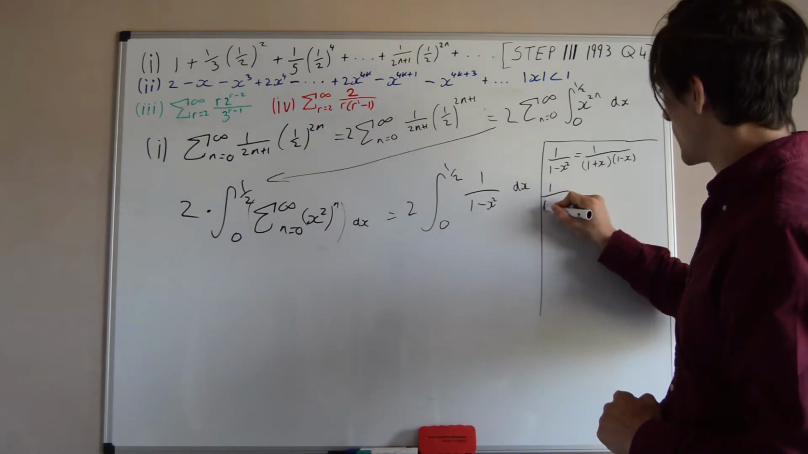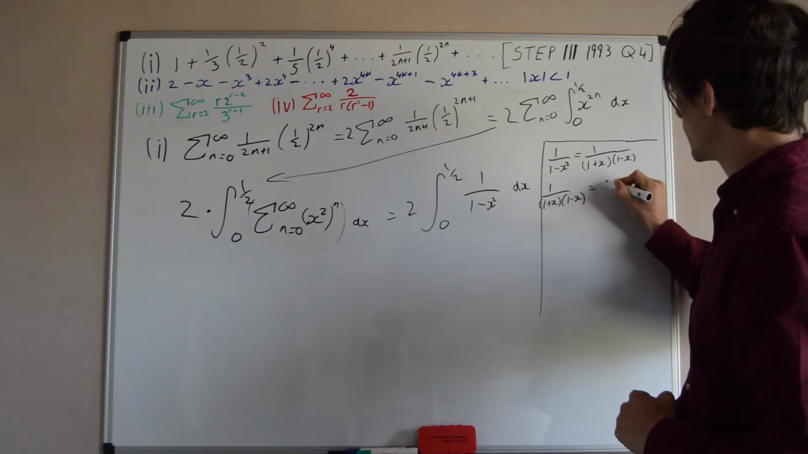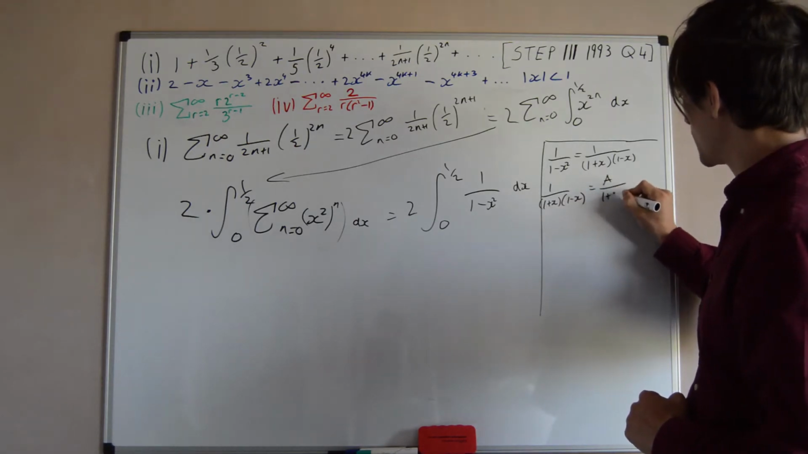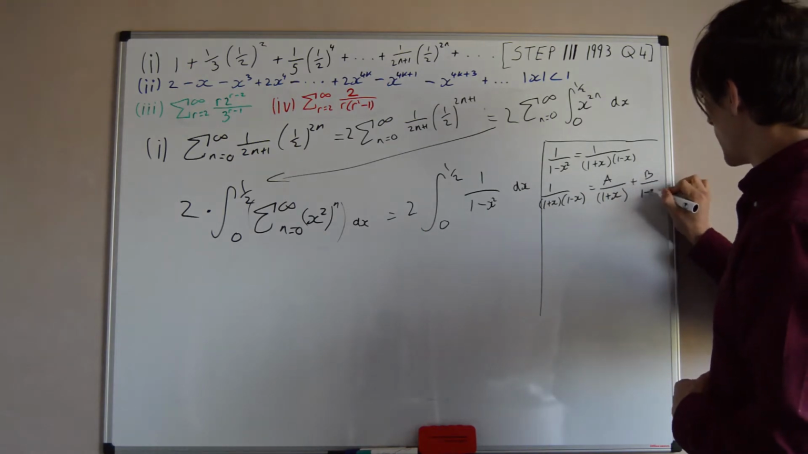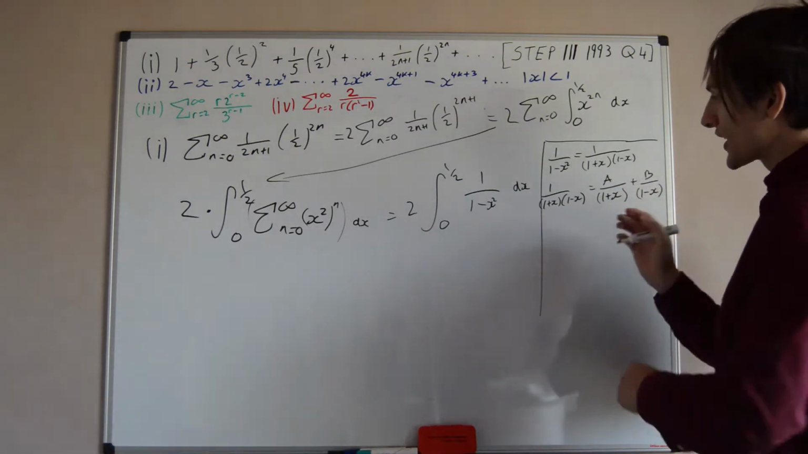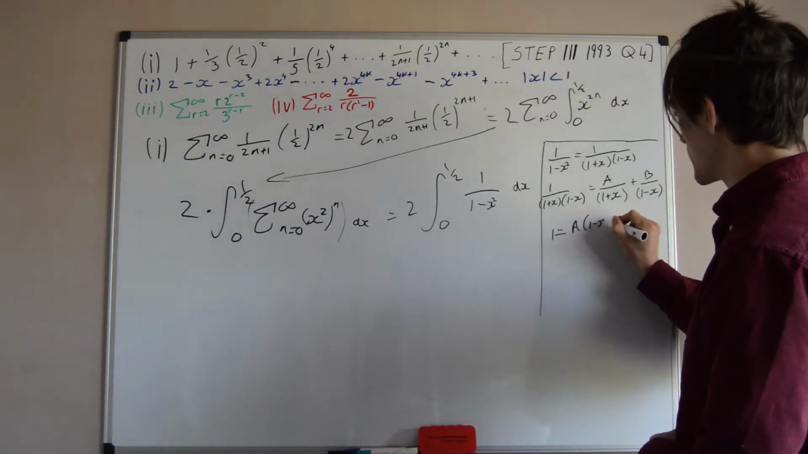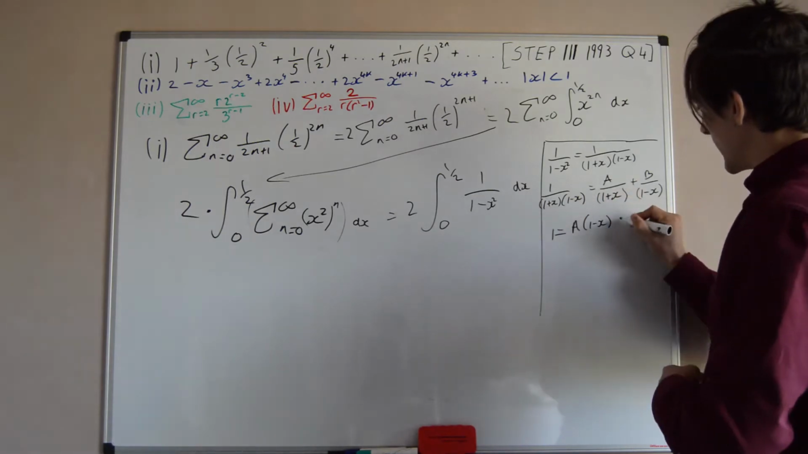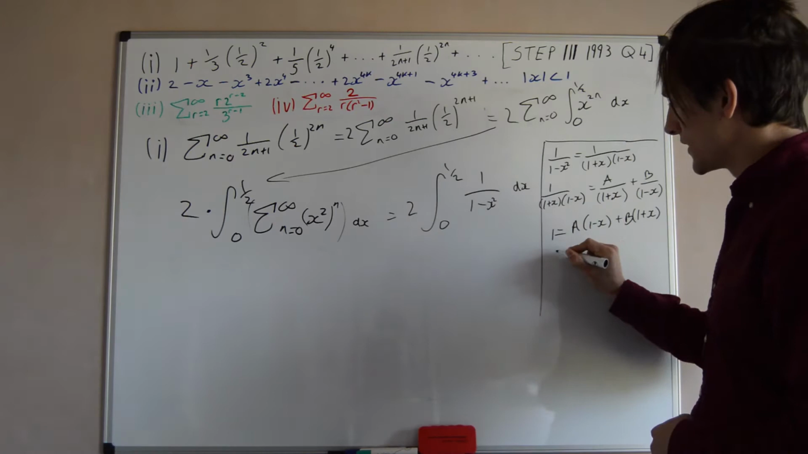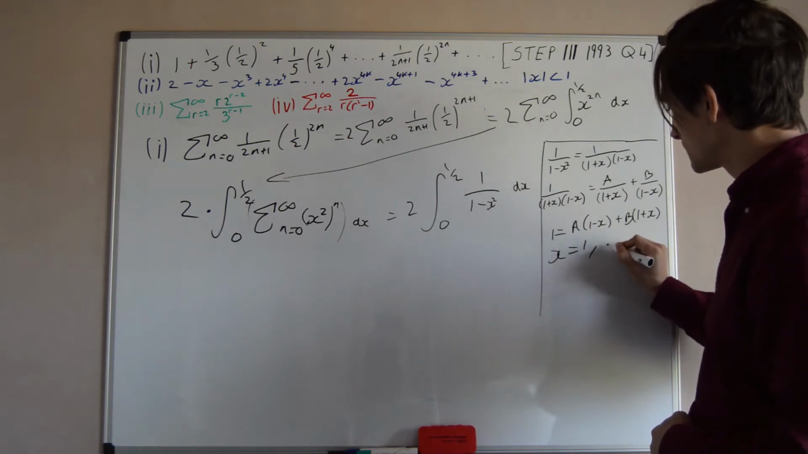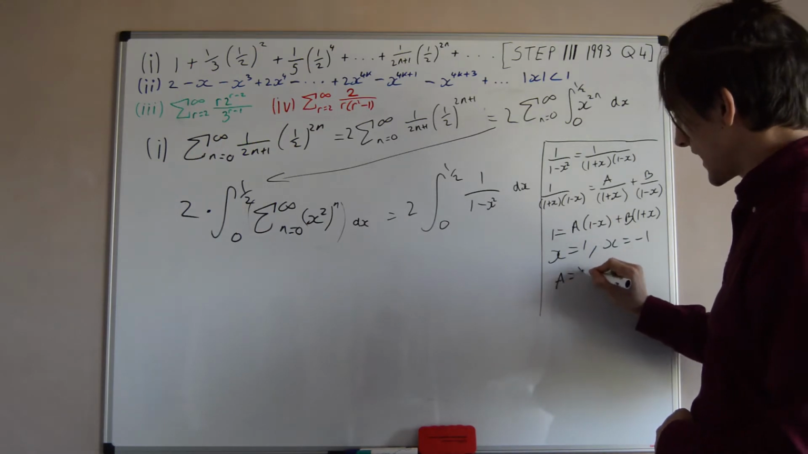So I have 1 over 1 plus x times 1 minus x, and I want to write this in the form a over 1 plus x plus b over 1 minus x. And the way you do that is you multiply up, so I'm going to get 1 equals a times 1 minus x, and then I multiply by the 1 plus x, and then you sub in values: x equals 1 and x equals minus 1. When you do that, you see that a equals a half,